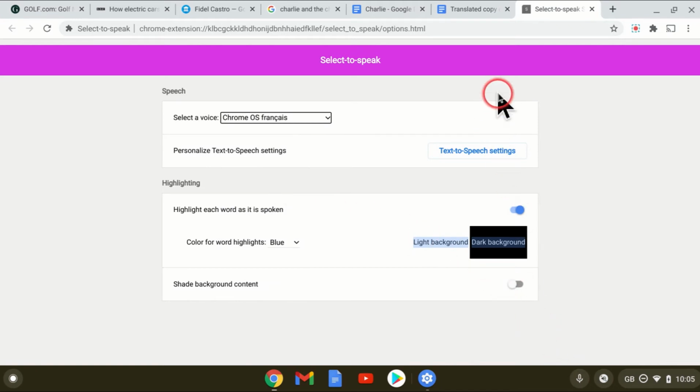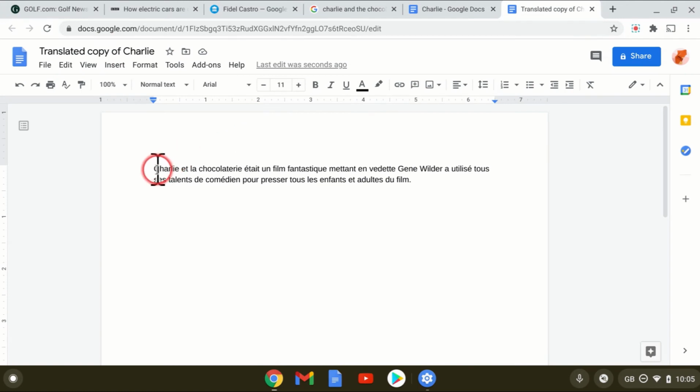I'll cross that window out and go back to my document. And now I'll highlight the text and you'll find...